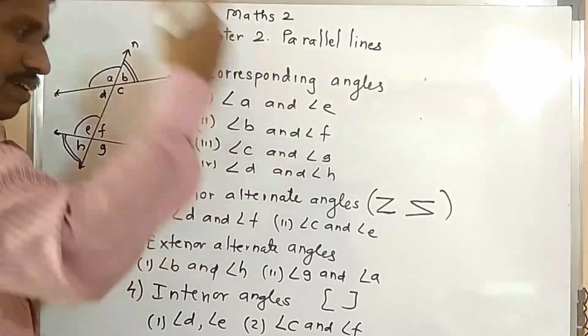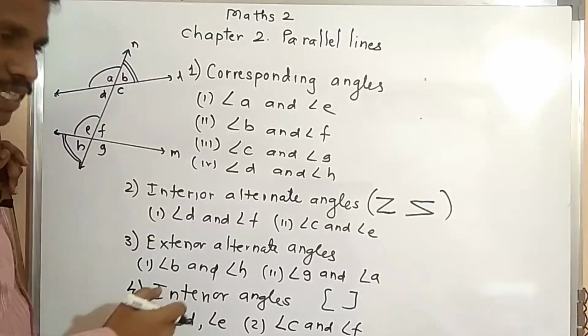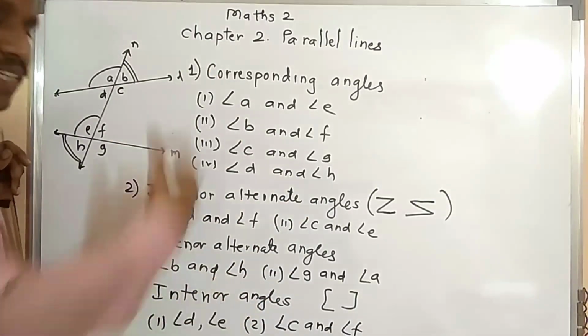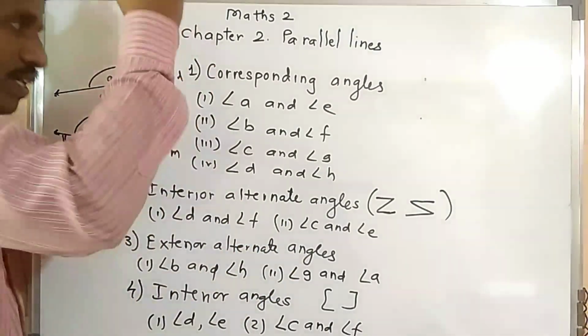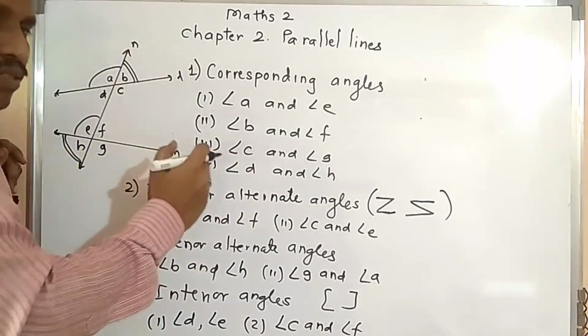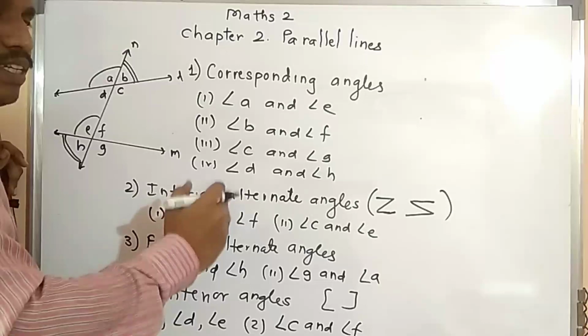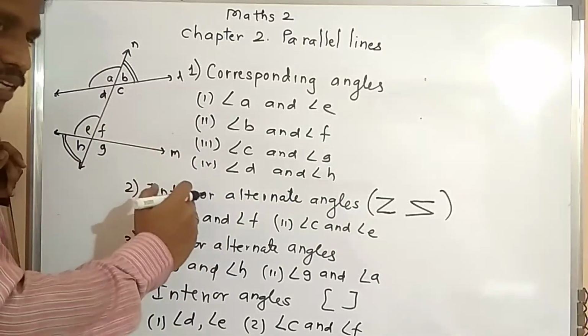These corresponding angles, alternate angles and interior angles are very useful in 9th standard and 10th standard. So revise this, remember this, so that you will find it easy while studying geometry in 9th standard as well